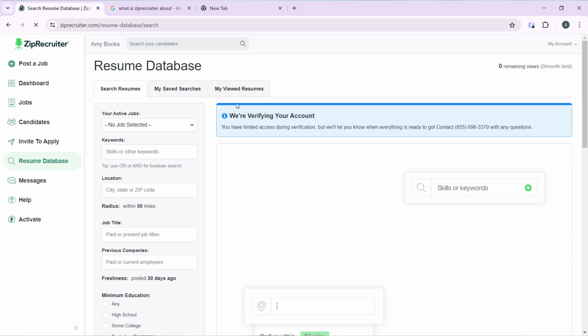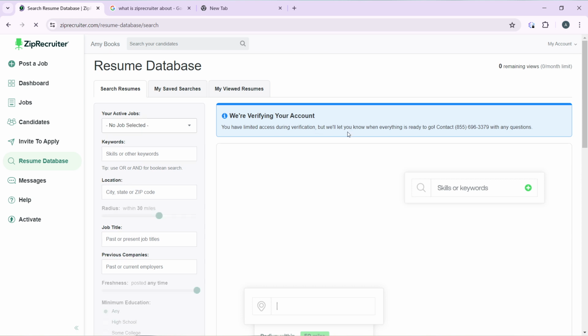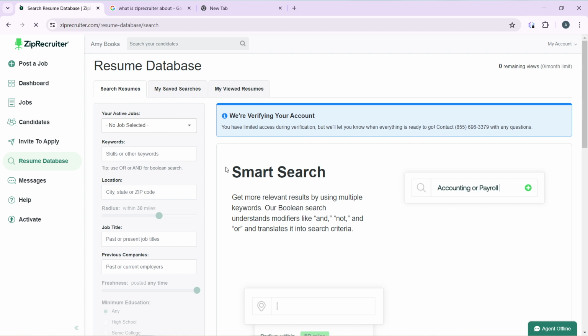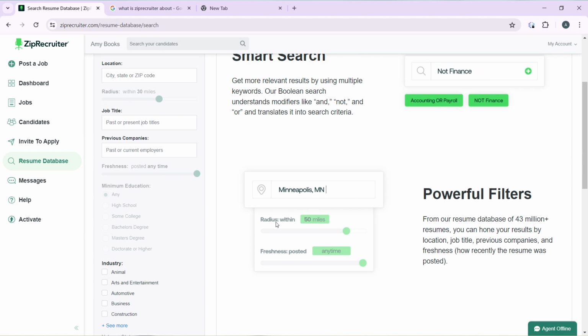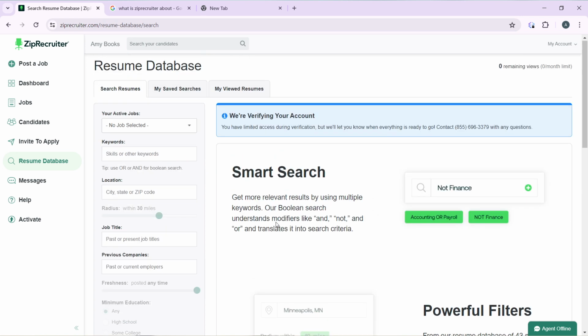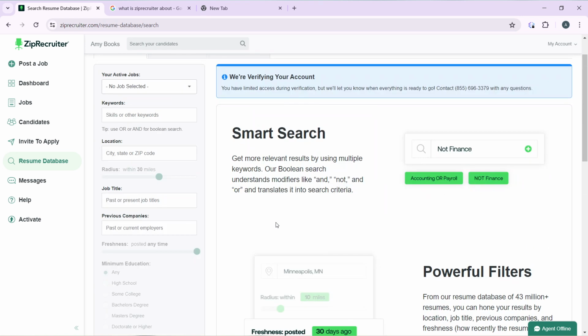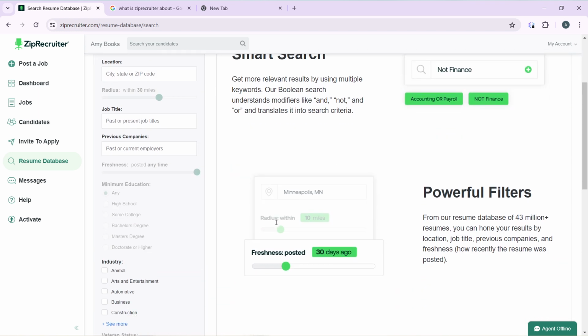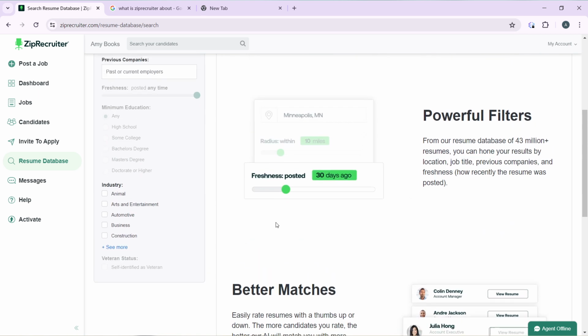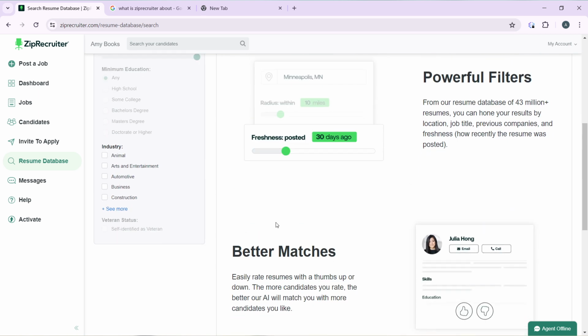So it says we're verifying your account. You have limited access during verification, but we'll let you know when everything's ready to go to contact candidates. Get more relevant results by using multiple keywords. So you can use Boolean search and some modifiers like and, not, or to translate it to search criteria. Powerful filters: from a resume database of 43 million resumes, you can hone your results by location, job title,